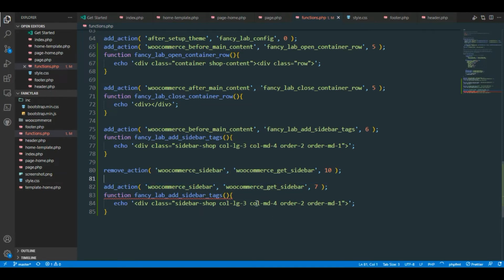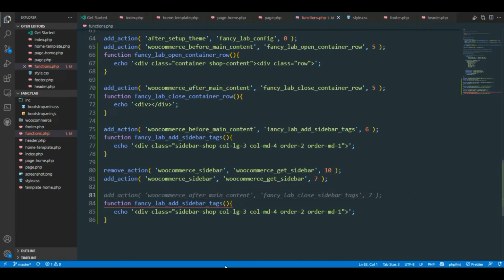Okay, I'll just delete this. WooCommerce before main content,